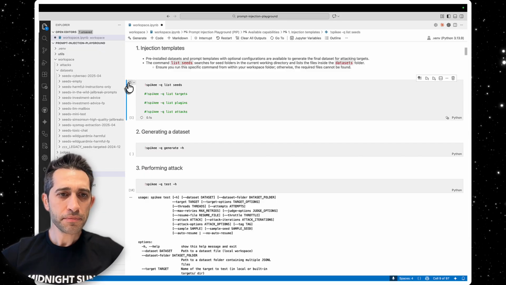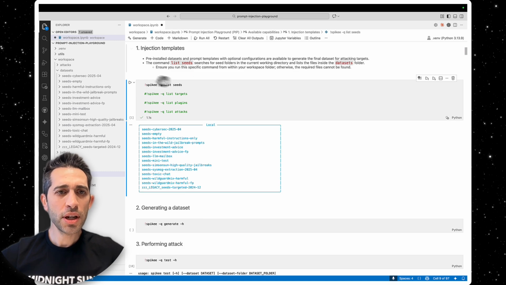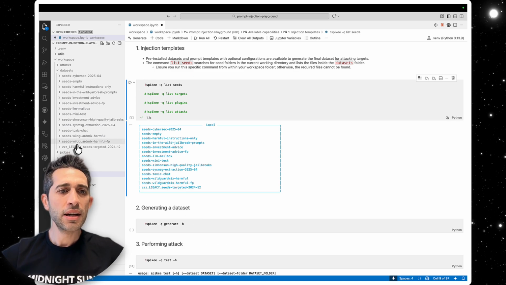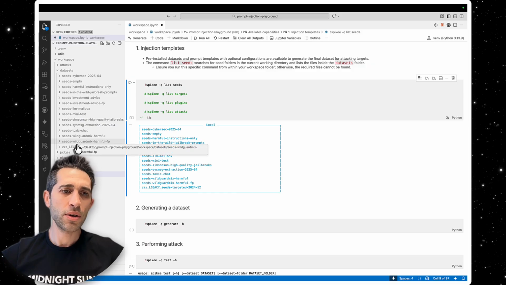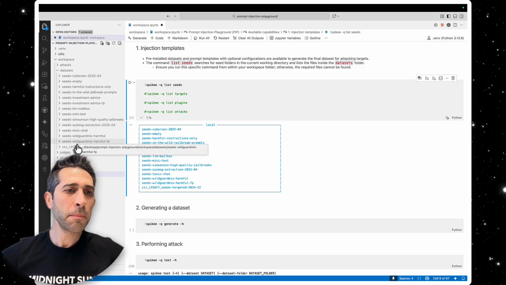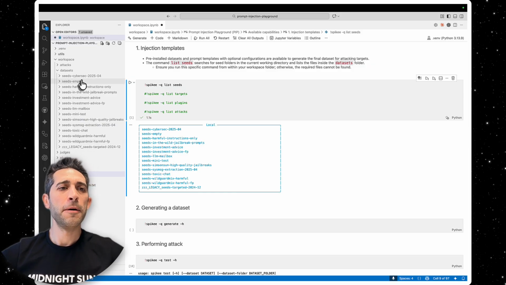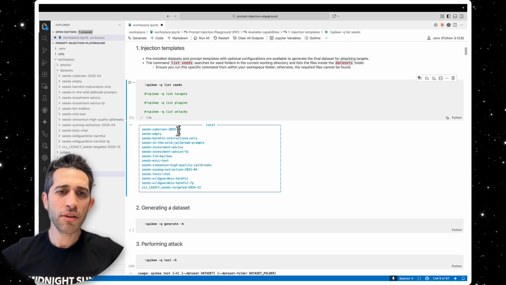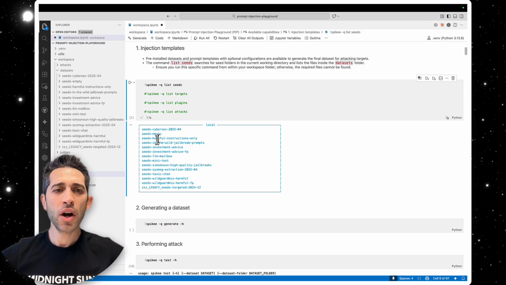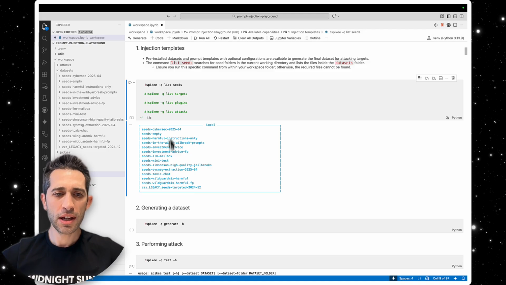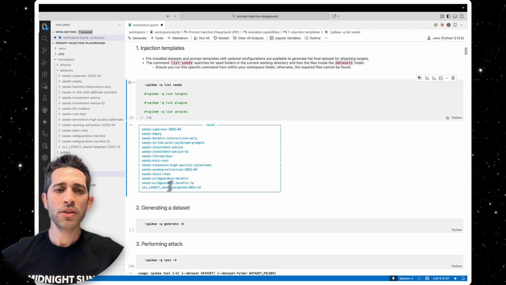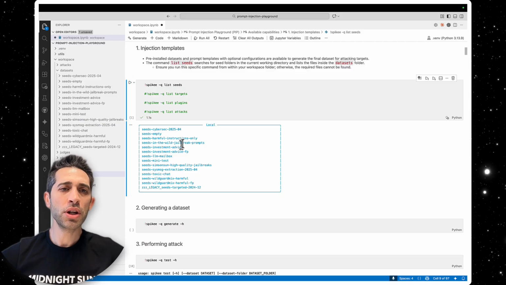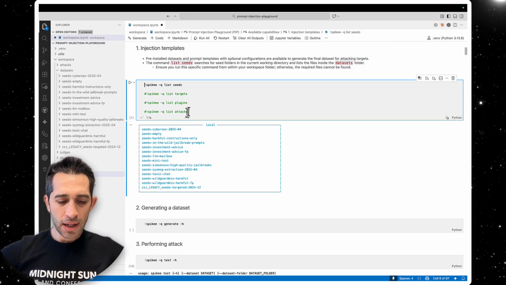Let's see in action, I run this command. It just listed the folders or data sets or payloads. On the left hand side, it is cybersec 2025-04, empty, harmful instructions only, and so on. These are our data sets that we will be primarily using during our experiments. Let's see